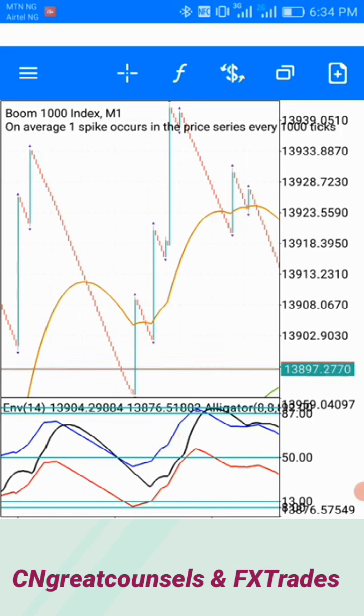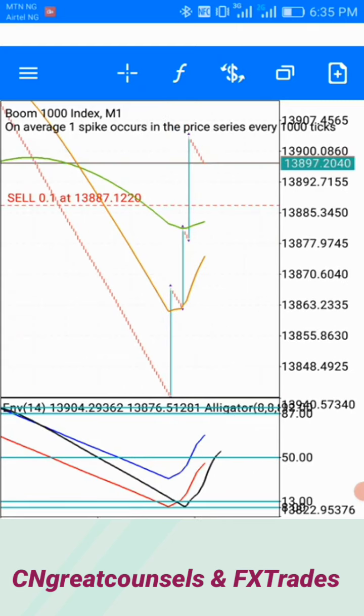You are looking at a condition whenever it crosses the, of course, the alligator will first and foremost get to this level now, and then curve and be coming down. Why the upper band will now move and then also curve. Now as soon as it curves and it crosses right inside this level,